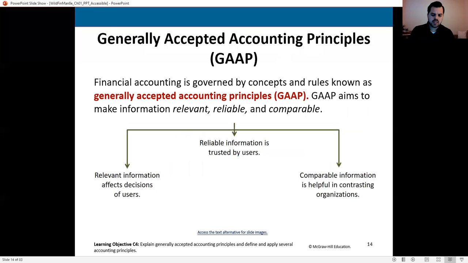Now, the next thing we want to talk about is one of the main topics in this course, which is called GAAP, Generally Accepted Accounting Principles. GAAP has essentially three things. We want relevant information. So if Walmart misplaces a $5 bill, Walmart is a multi-billion-dollar a year industry. They lose $5. As an investor, do you necessarily care that Walmart has $5 less?